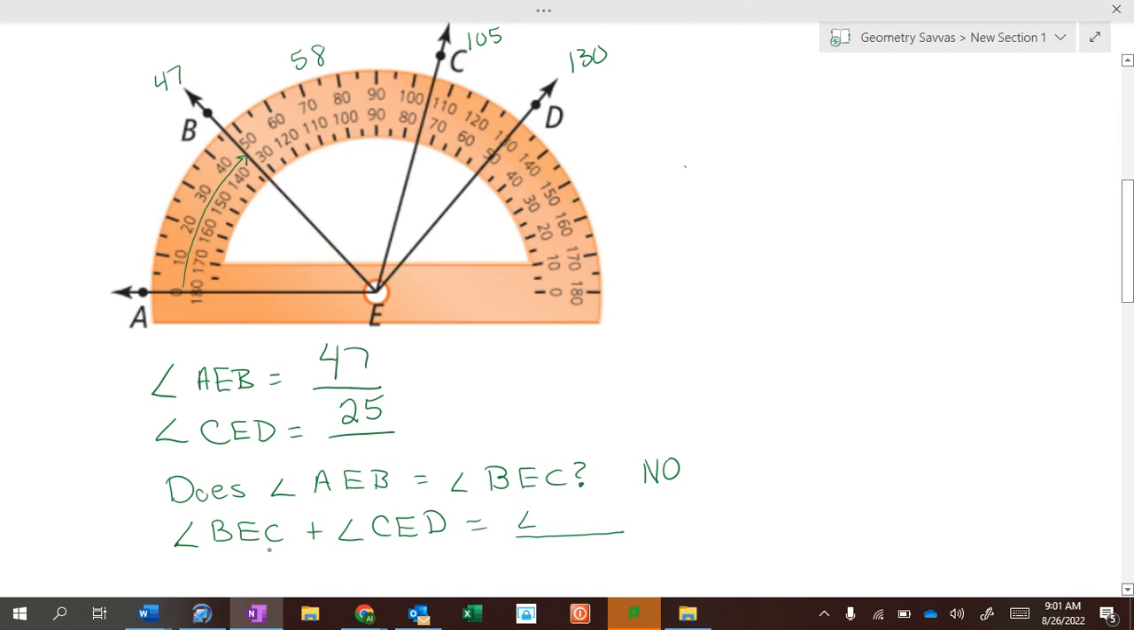And what's BEC plus CED? Not how many degrees, but what angle is it? Using the angle addition postulate. Angle BEC plus angle CED is angle A. I don't see an A in there at all. There's an A right here, but I don't see an A anywhere in here. So it's not going to be A. BEC plus CED makes